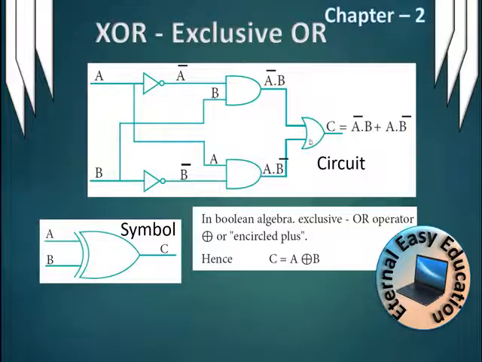Here this is AND, here only OR. In this AND gate, A is reversed, B is normal. Here A is normal, B is reversed, and both the outputs are given to an OR gate, and we form the equation A reverse dot B plus A dot B reverse. This is the symbol. The OR symbol, followed by a curve line, is said to be the XOR symbol, and it can even be represented with a plus with an encircle.